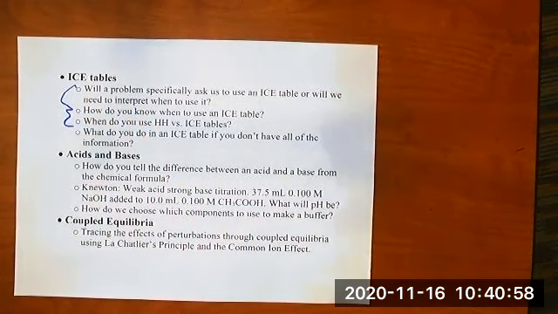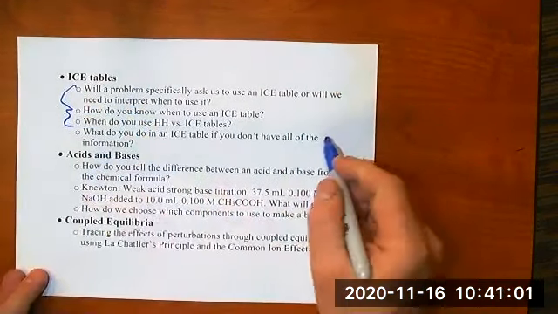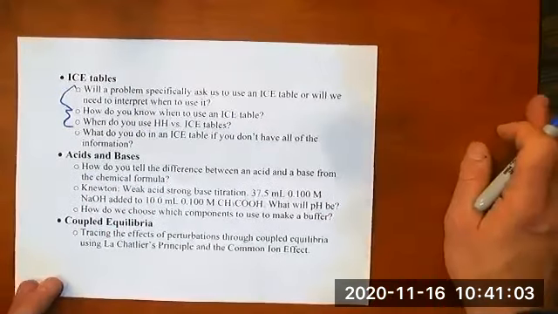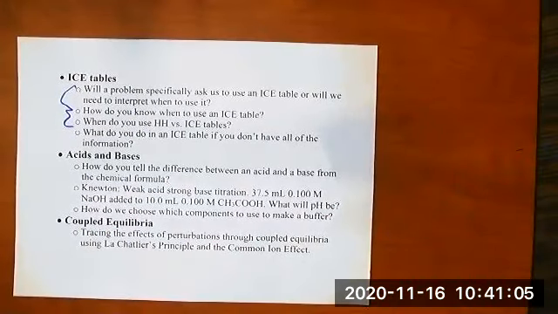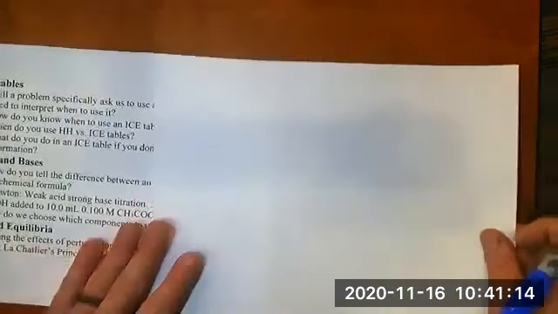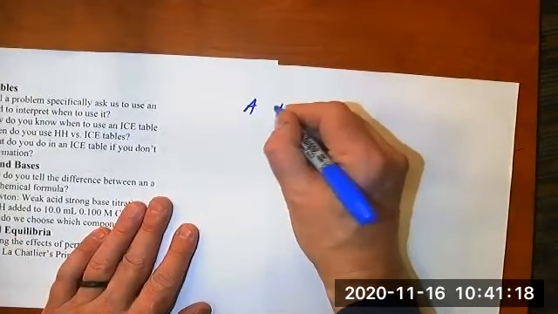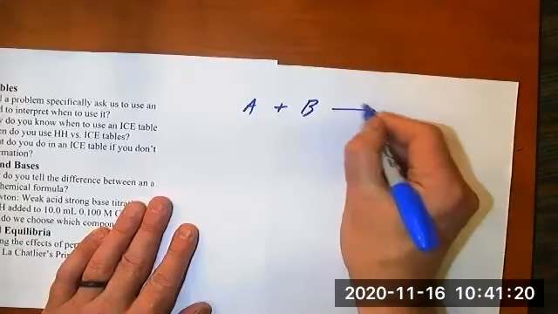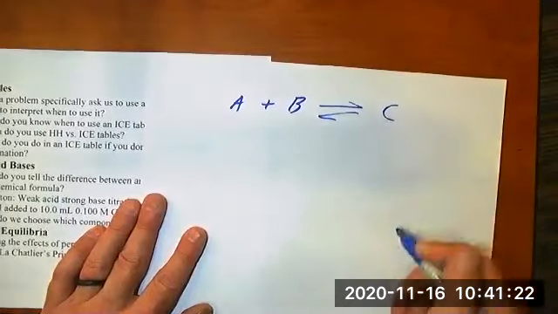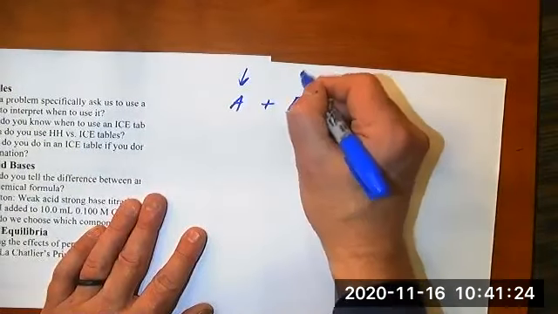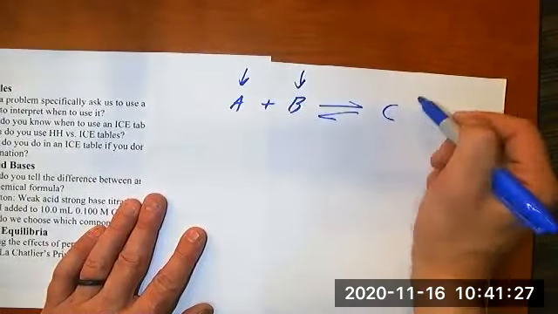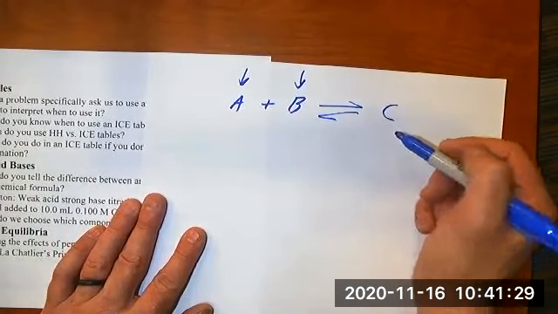Okay. So a more detailed question: what do you do in an ICE table if you don't have all of the information? I think this comes from a variety of Newton problems where you are told, for example, let's suppose you have a reactant, another reactant, and it's going to be in equilibrium with this, and you're told a concentration of this, you're told a concentration of this, but you're not told a concentration of this. And so